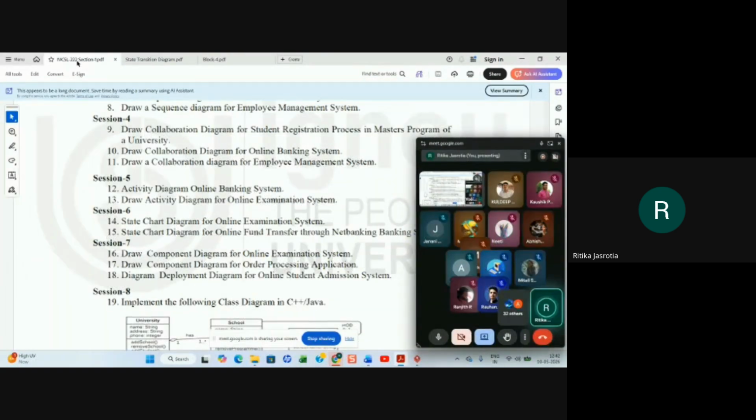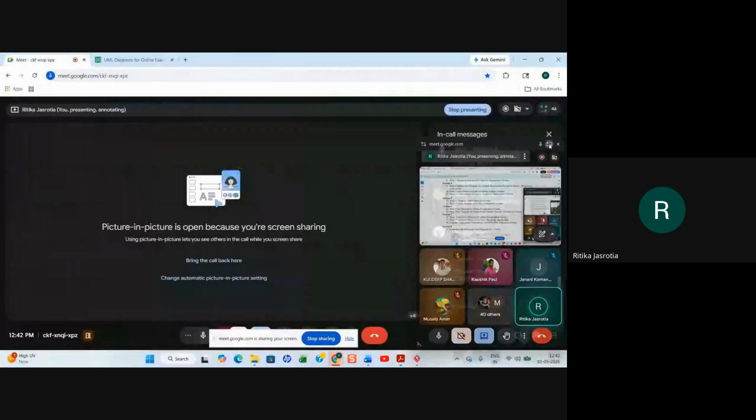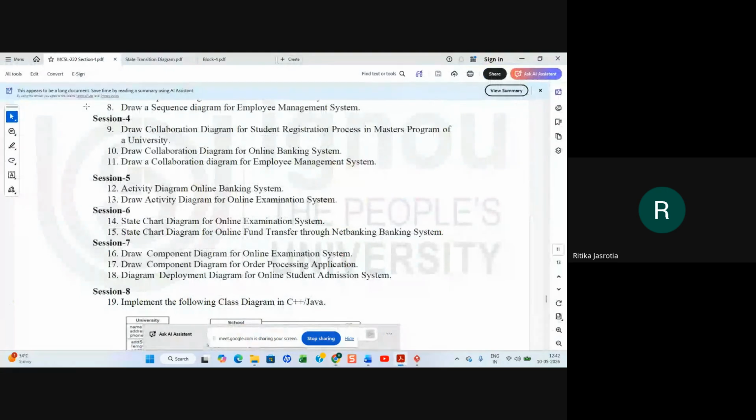And I've also told you that in the lab records, those who want to resubmit it, please, I'm just sharing my screen again. What are your lab records? Those who still don't know, your lab book, that is MCSL 222.